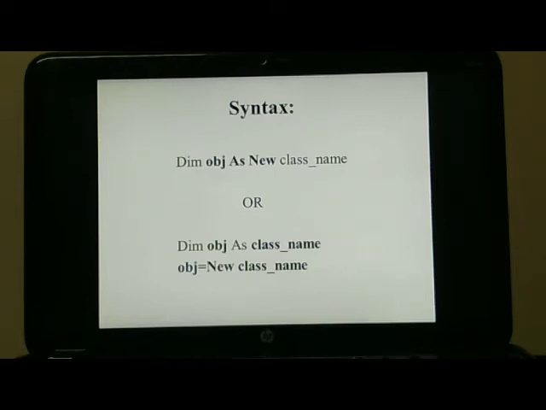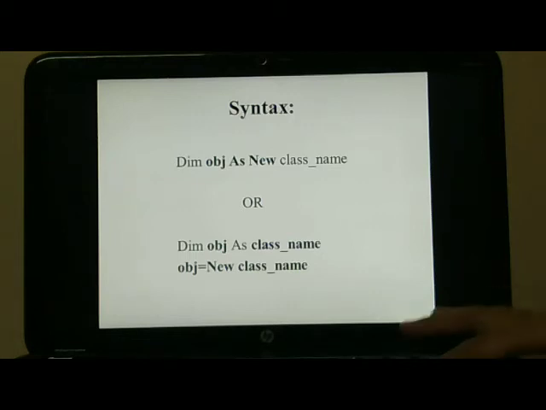In the second, we can use dim obj as class name, and then obj is equal to new class name. Here we declare the object as an instance of a class, and by using obj is equal to new class name, memory allocation is done